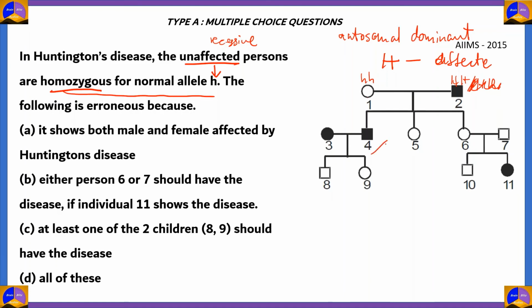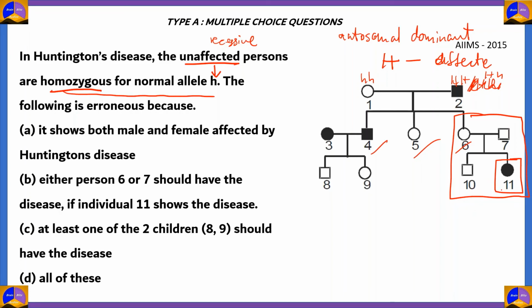So we find that some of the kids have Huntington's disease while the others do not. But if you look at the right section, where people 6 and 7 give birth to 10 and 11, we find that person number 11 has Huntington's disease. So